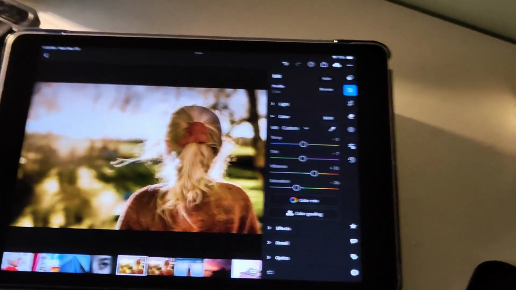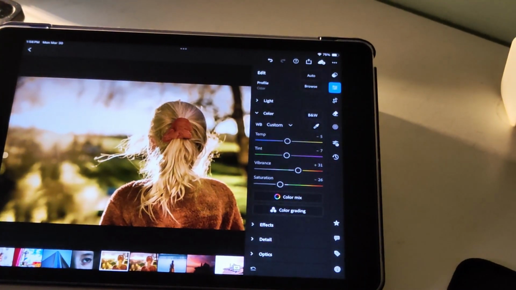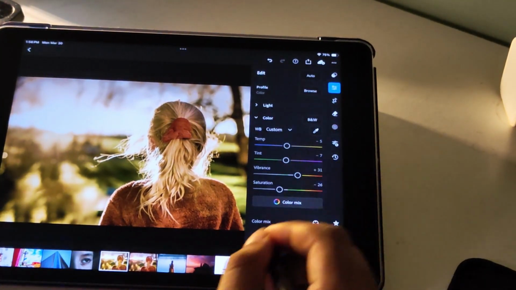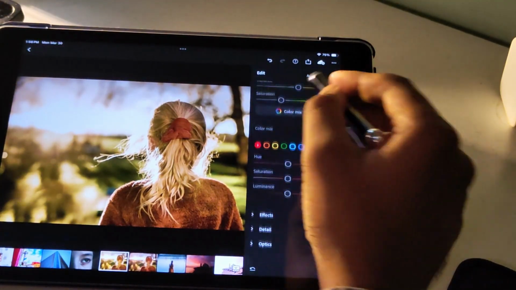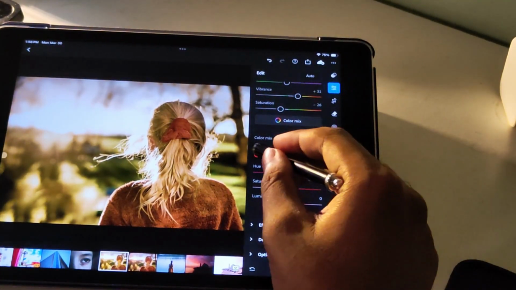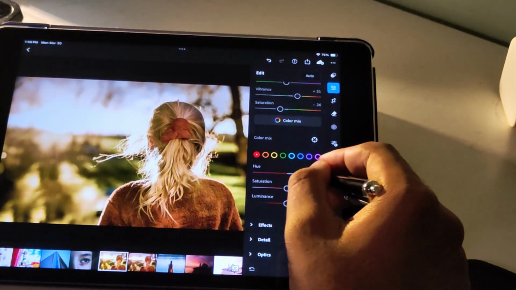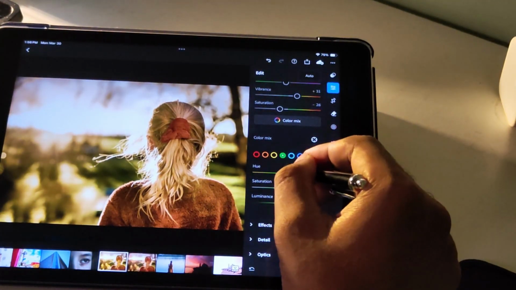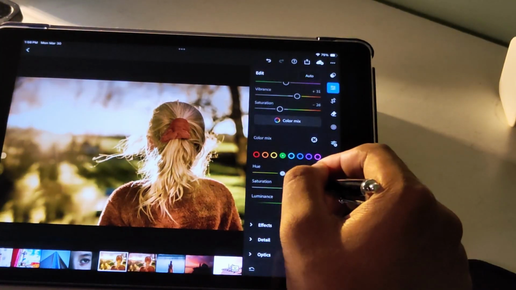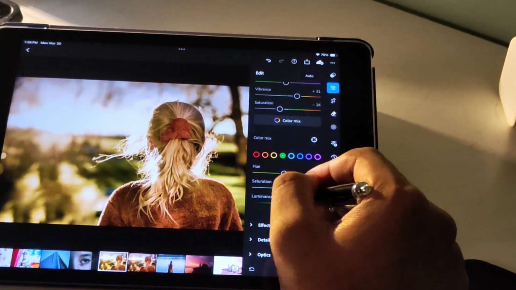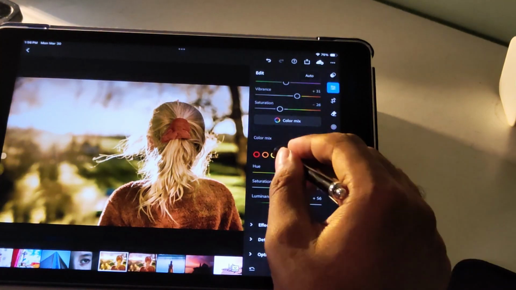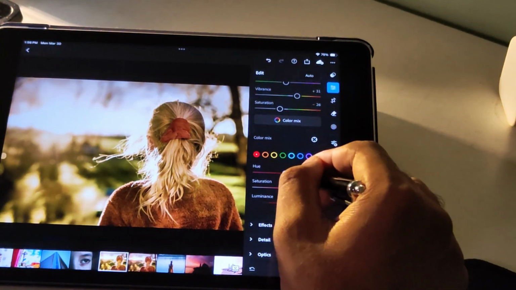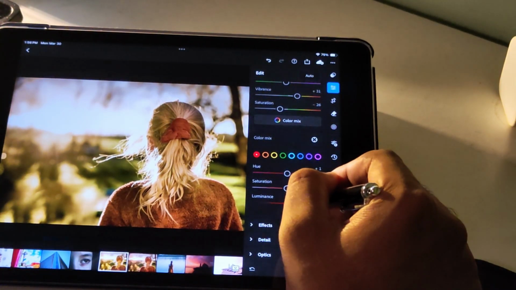Now let's move to Mix, also called HSL. This is one of the most powerful parts of Lightroom Mobile because it lets you control individual colors. Hue changes the actual color itself. For example, you can shift blue toward teal or move green toward yellow. Saturation controls how strong that specific color appears. Luminance controls how bright or dark that color is. This is especially useful for things like skin, sky, grass, and clothing because you can fine-tune each area separately without